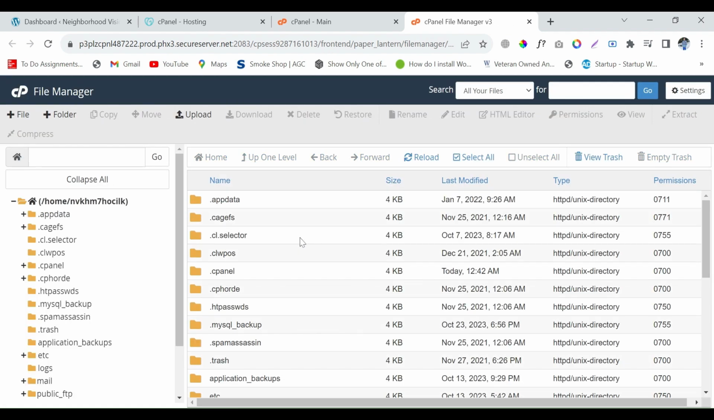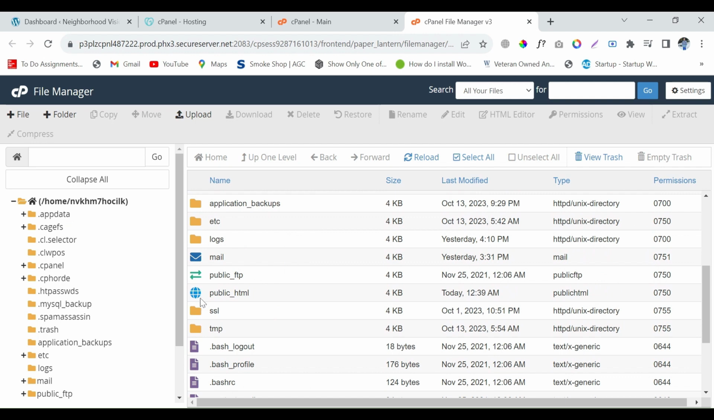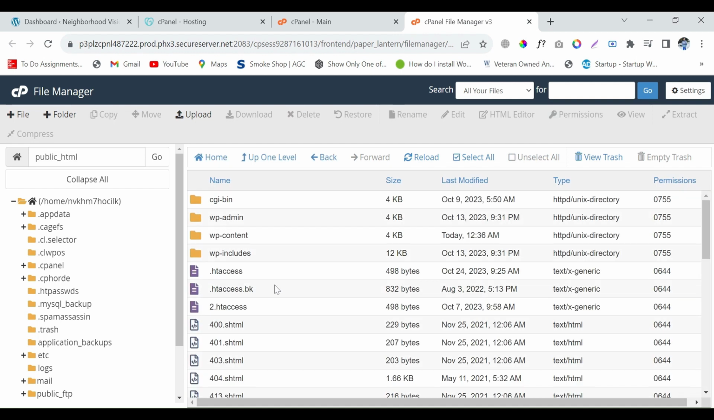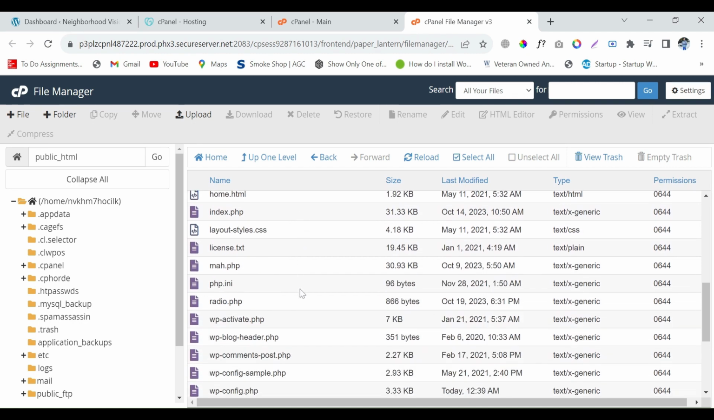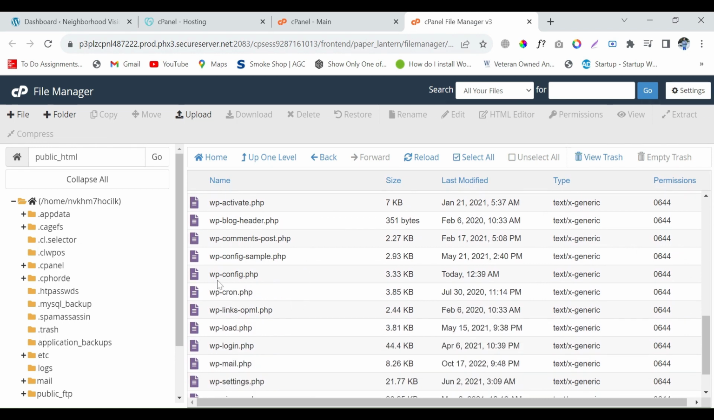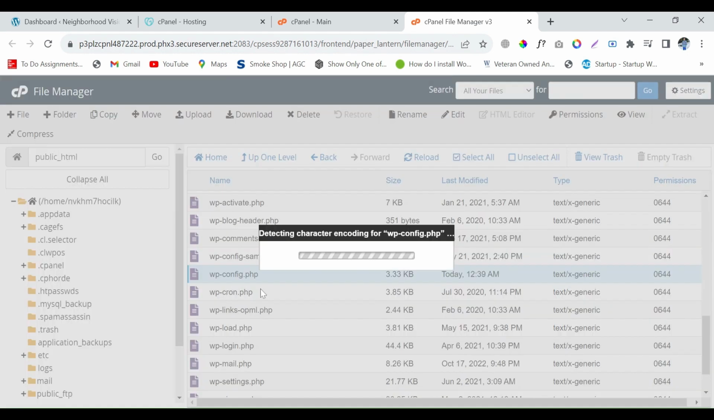In the file manager option I will find the WordPress website files. Okay, here is public HTML, then go to the wp-content, wp-includes and other files, but I will go to the wp-config file. Okay, edit this,